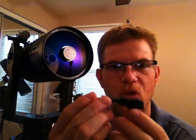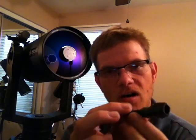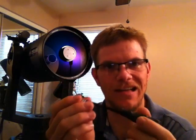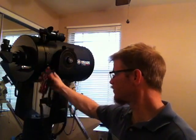Another interesting little feature that Meade threw into my box was this little guy. If you go on Meade's website under LX90 accessories, basically this is an adapter. You can plug it into your AudioStar controller and update the firmware for your hand controller. This also acts as a standalone auto guider port. Over the years, a lot of customers have been really pushing Meade to make the LX90s auto guide capable. They can be auto guided when they're in their polar configuration. And Meade has finally decided to come out with an auto guider port that will either plug into the 2 auxiliary ports on the side of your computer control panel right here, or into the base